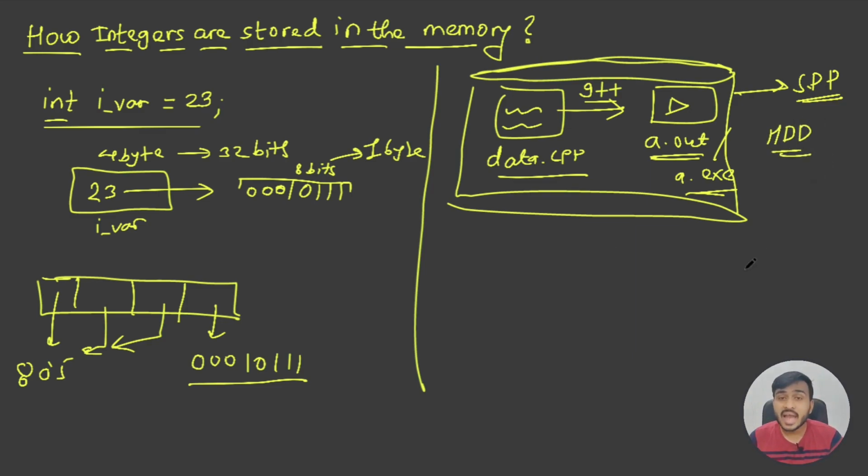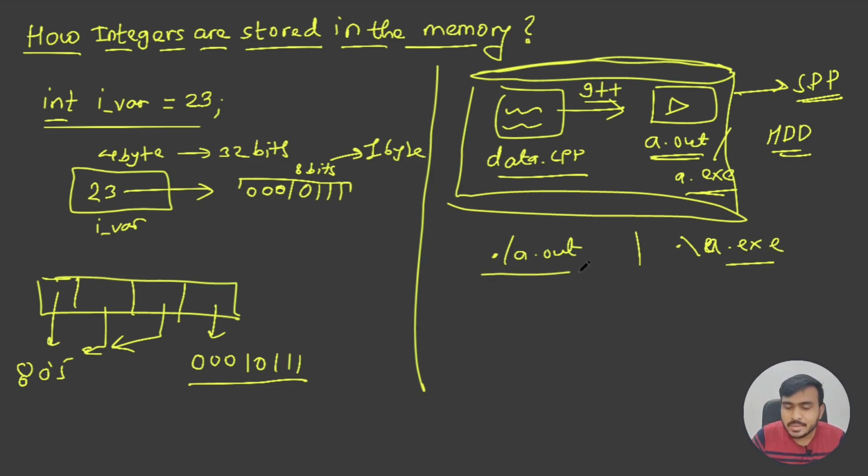Now what happens when we fire this command, that is ./a.out, or in case of Windows we fire ./a.exe. What happens when we fire this command? So whenever we type this command, we instruct our operating system that we want to execute this program. See, this a.out or a.exe is nothing but an executable program or executable file. Whenever you type these commands, you instruct your operating system that you want to execute or run